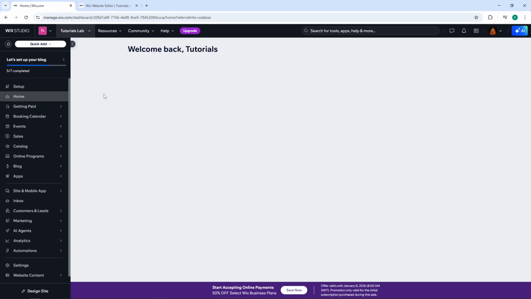Welcome back, everybody. Today, I'm going to teach you how to add a menu header on your Wix website. If you're looking to improve navigation and help visitors find what they need quickly, adding a well-designed menu header is